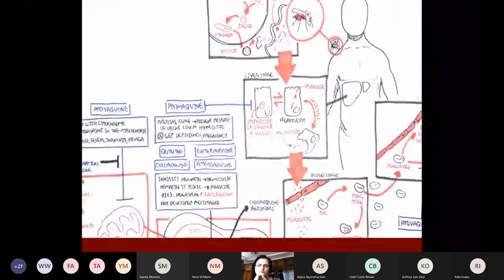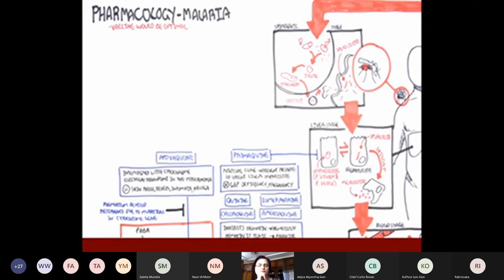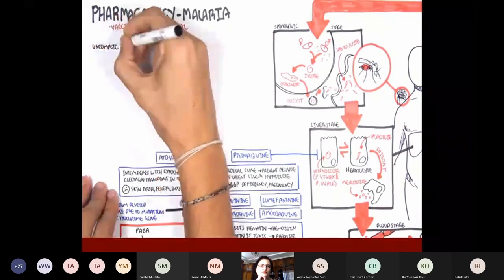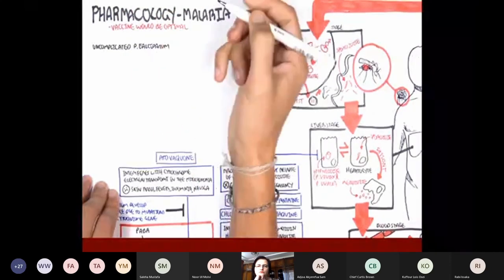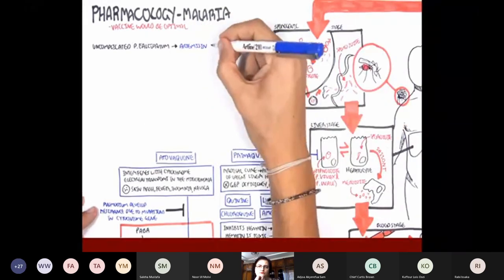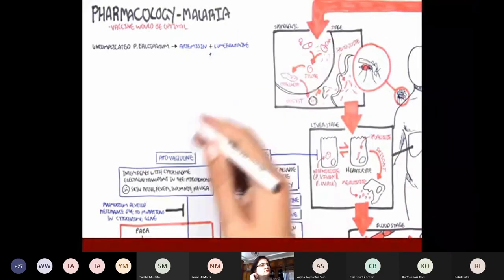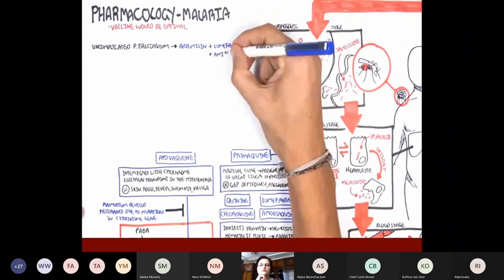So now let us look at what to give to certain patients in different scenarios. We'll mainly focus on P. falciparum because that's the main strain of Plasmodium that is associated with morbidity and mortality in the developing countries that have high prevalence of malaria. So for uncomplicated P. falciparum malaria, we would give a patient artemisinins plus a quinolone, such as, firstly, lumefantrine, or if not lumefantrine, we would give them another type of quinolone.